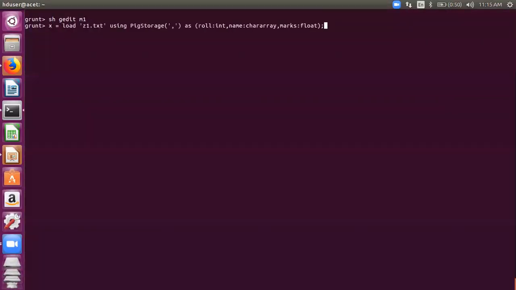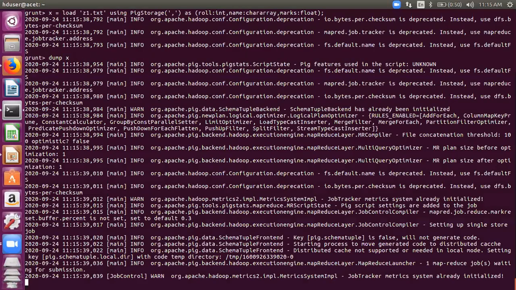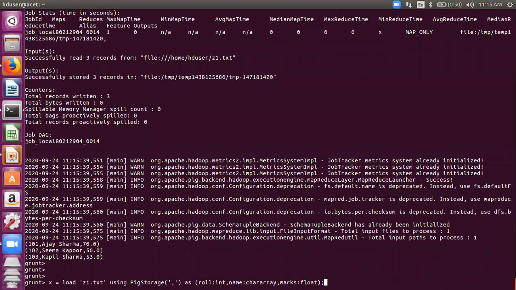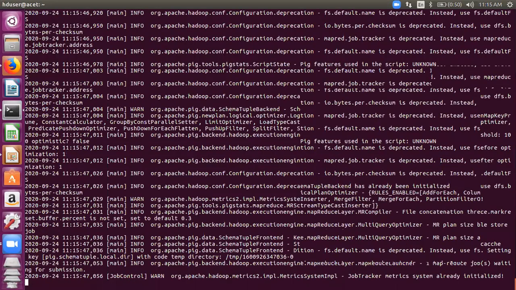Now what I can do here is, instead of param, I can give param underscore file and the name of the file. See now, look very carefully, you can note it down also. So run -param underscore file. I'm saying that the parameter which I need to pass to p1.pig would be picked up from the file m1, and you just saw in m1 we have the parameter in is equal to z1.txt. So if I run it, it will give you the same output, and if I execute it also, it will give me the same output.